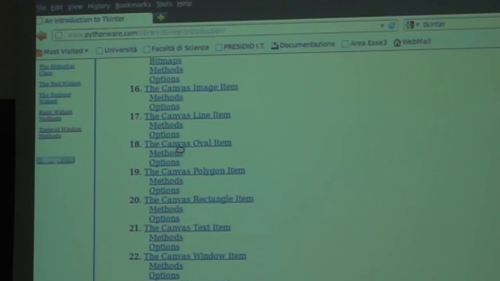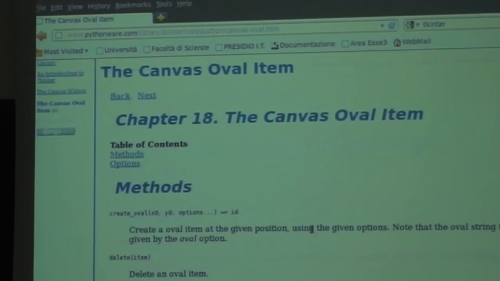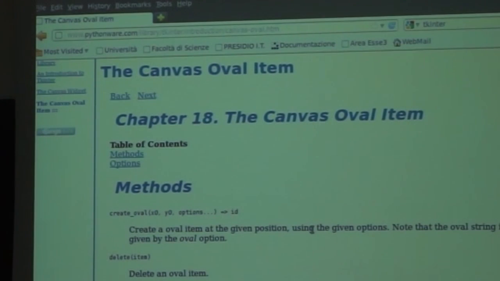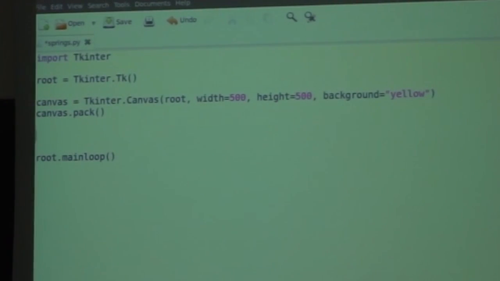Okay, so we want to create an oval object. So I call the create oval method,